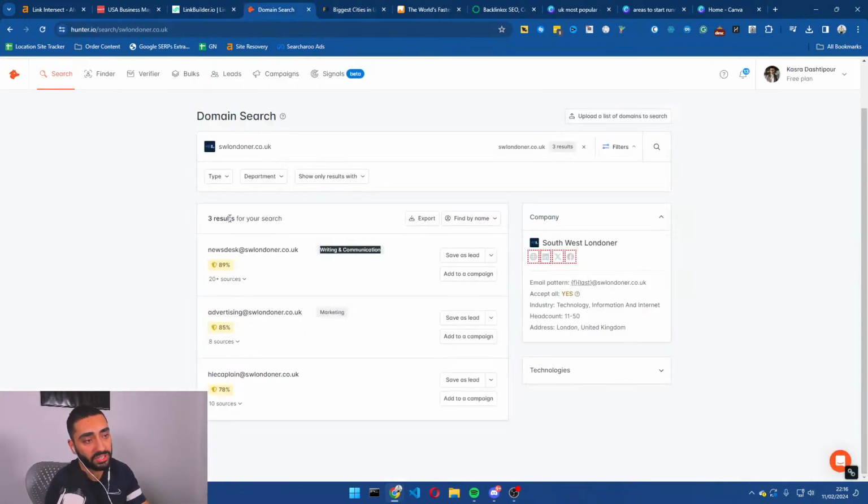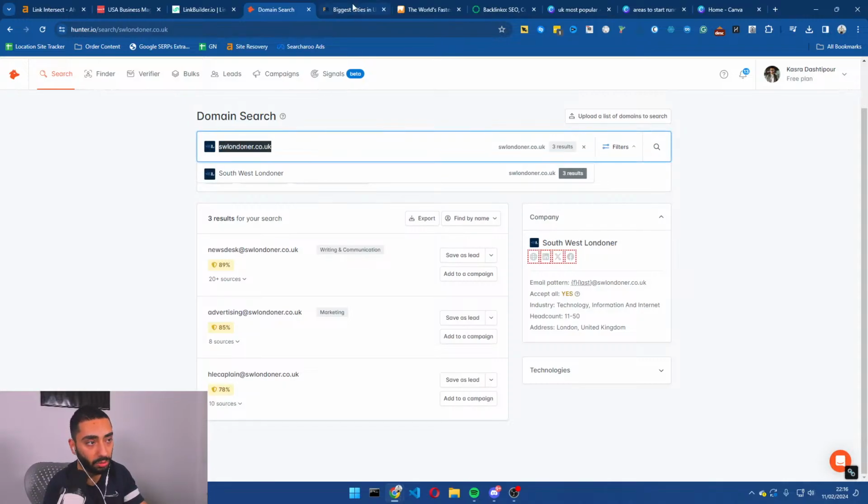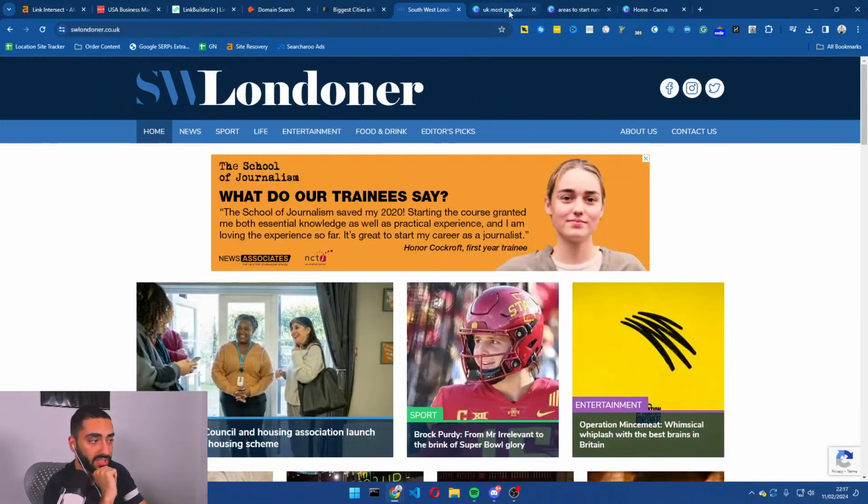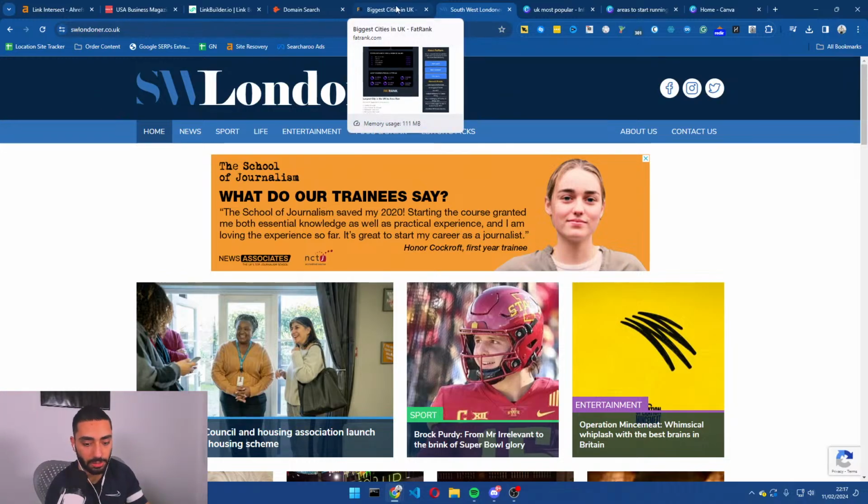One thing I will say is, if you are doing the email method, and if you're not going to be using the contact form on these guys' website, I would only reach out to, let's say, 15 to 20 people every single day. Otherwise, you're going to essentially blacklist your domain or your emails. So basically, when you blacklist your emails, they won't reach the actual inbox. They'll go straight to the spam.